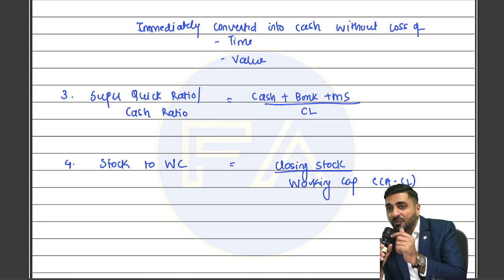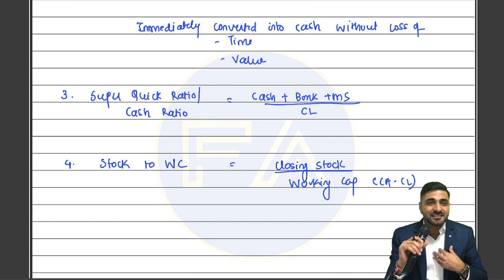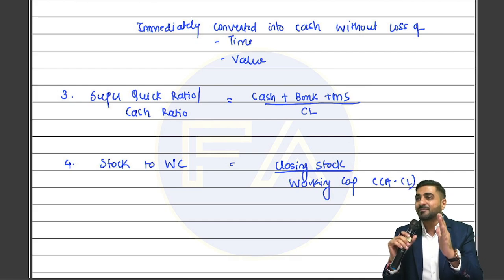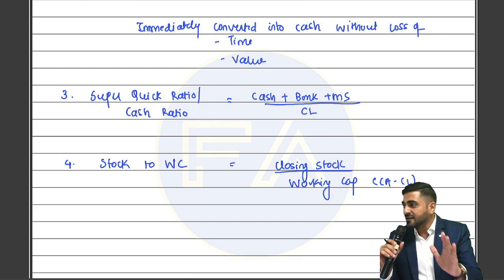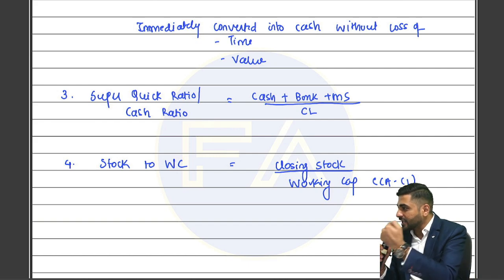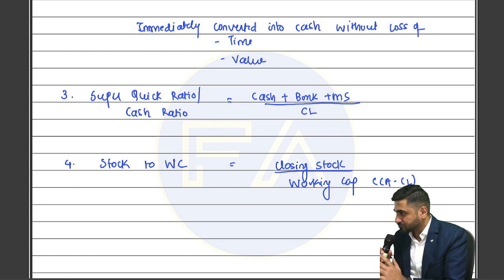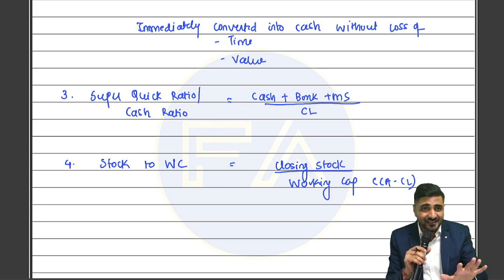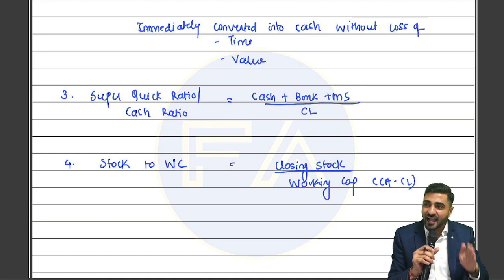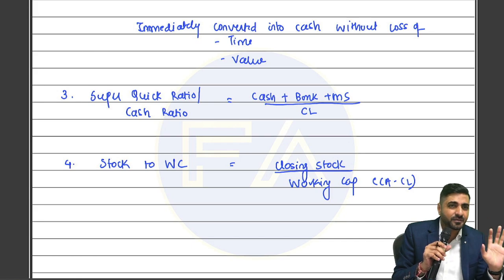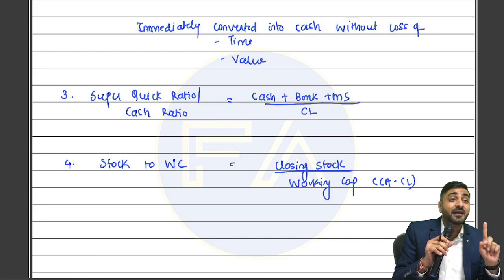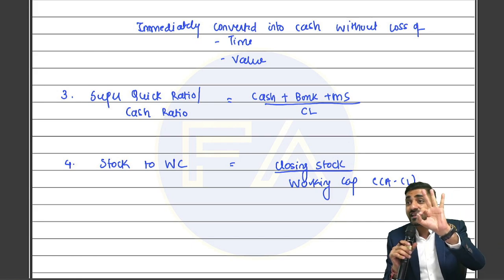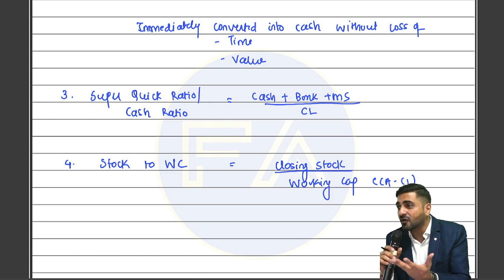Now, why is this important? Let's say, for example, I start my own company where I have share capital of 10 lakhs. So I have got 10 lakh rupees by way of cash. Now with this 10 lakh rupees, I have invested 7 lakh rupees in fixed assets. So how much cash and bank is available with me? 3 lakhs. Can I say that 3 lakhs is my cash bank capital?